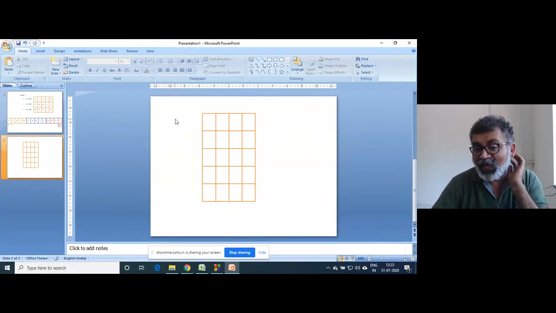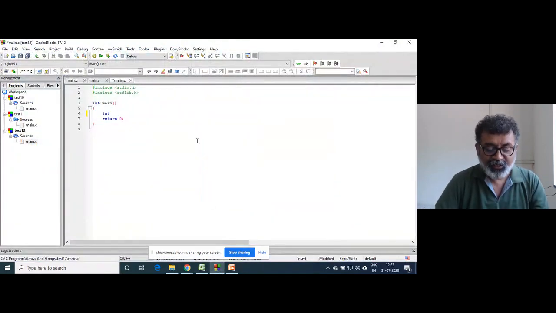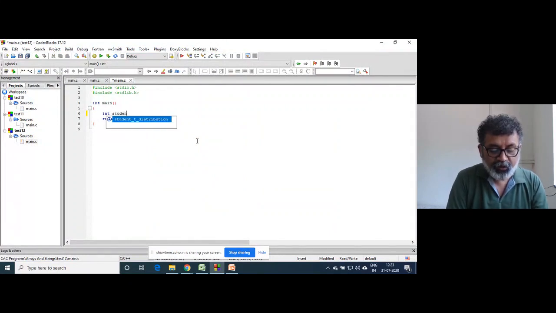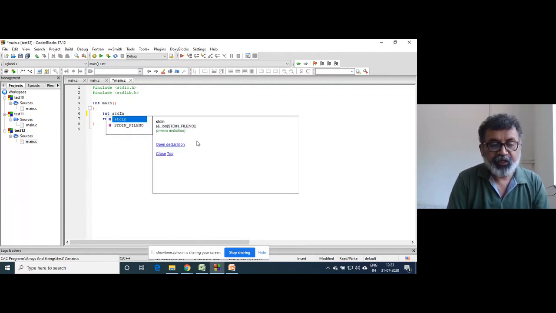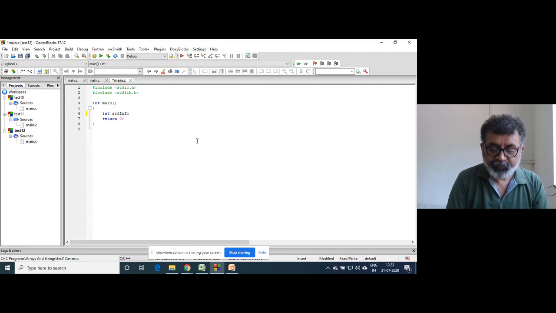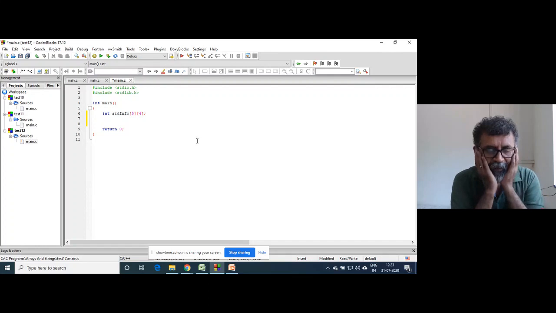So what will be the size of the double dimensional array? 5 rows and 4 columns. So we will declare accordingly: int std info, so there will be 5 rows and 4 columns. We are going to store that.